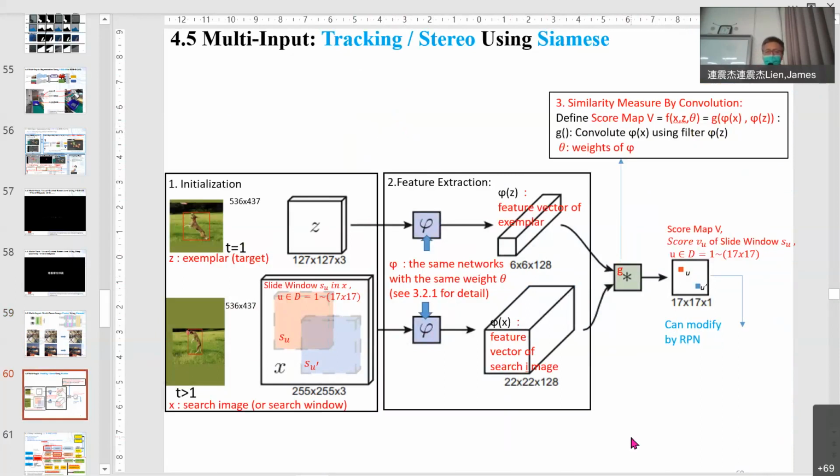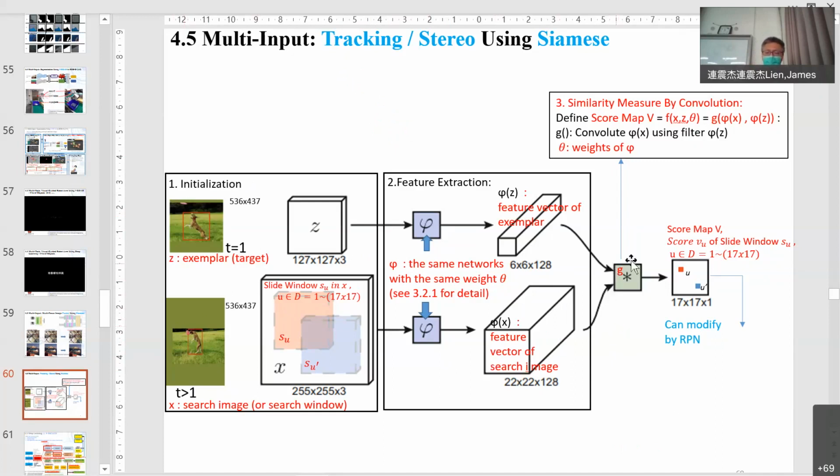Tracking is a big field. Siamese is also a big field. I will just use some examples. So how can we track it? Suppose we have a template here, and the next frame here. How can we do tracking? An easy way is